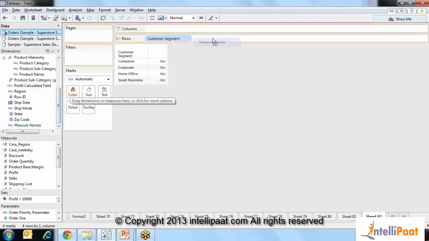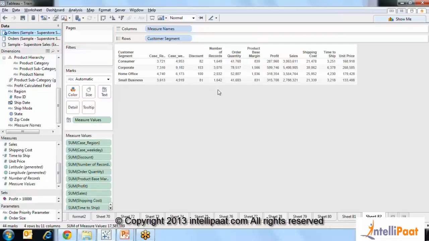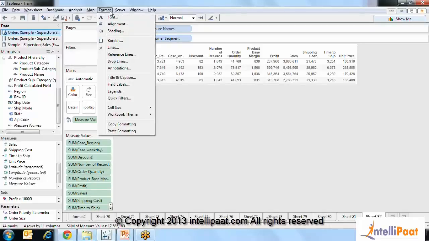Drag the measure names here. This is one way you can drag all the measures that you want to be coming over here. So once you have this text table, if you want to change the format of the tables,